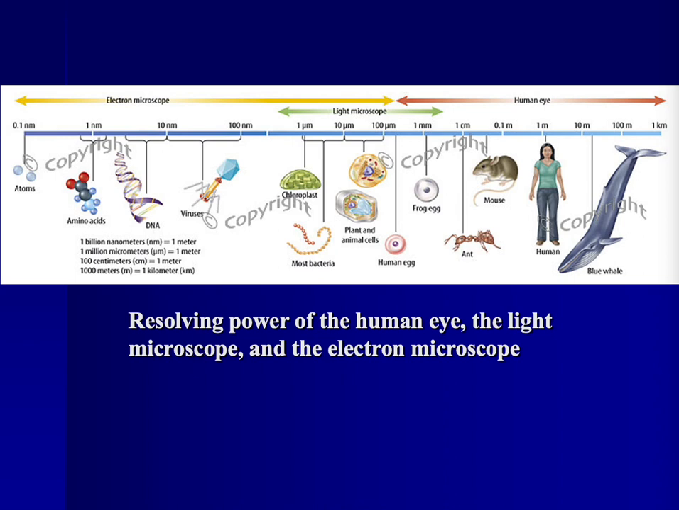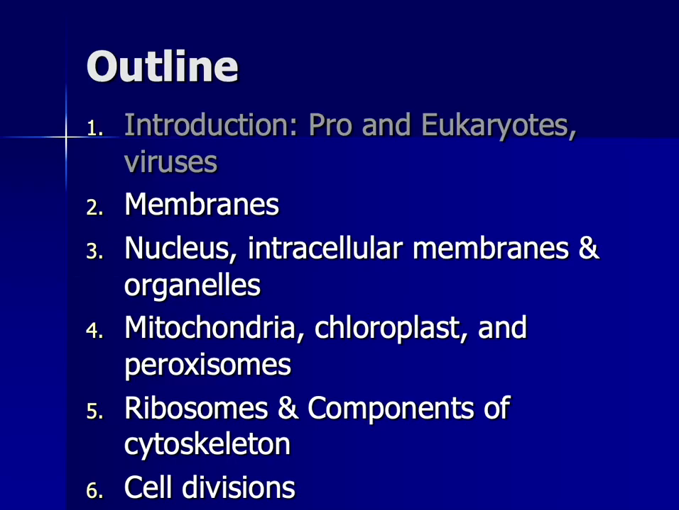That's the end of my lecture. I have introduced to you the cell theory, the prokaryotes and eukaryotes, as well as viruses. In the next few lectures, we're going to learn about membranes, the nucleus, intracellular membranes and organelles, the mitochondria, the chloroplast and also the protein system, the ribosome, components of the cytoskeleton, and then finally cell divisions. You're going to spend 4 weeks with me, and then the following topics will be